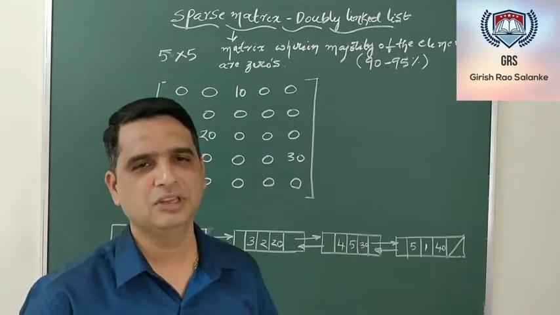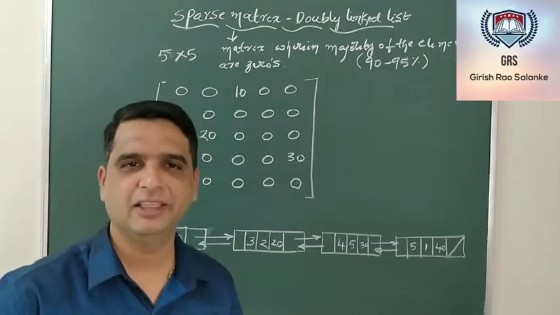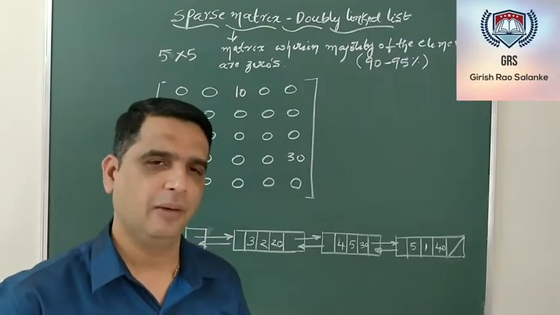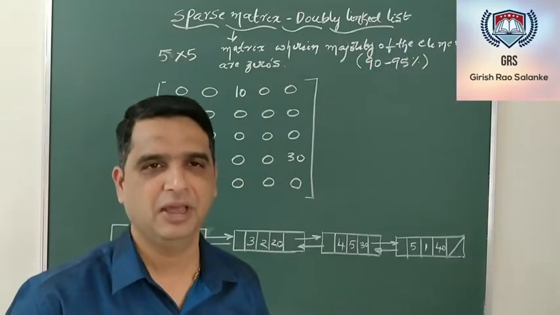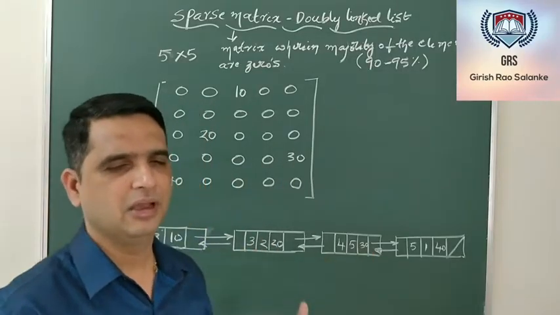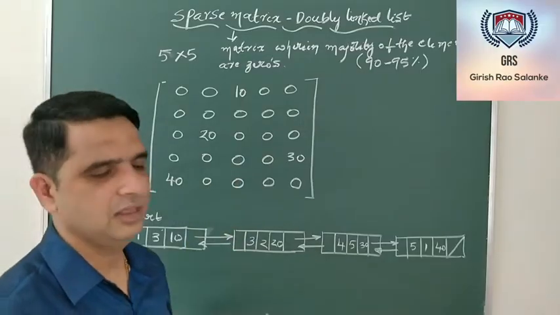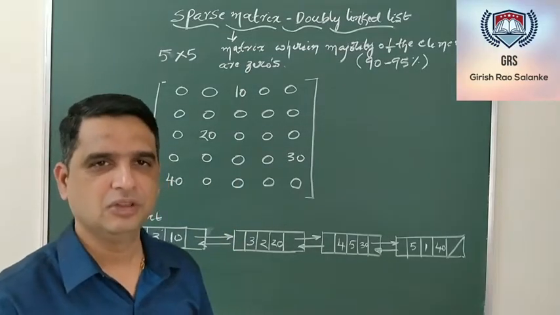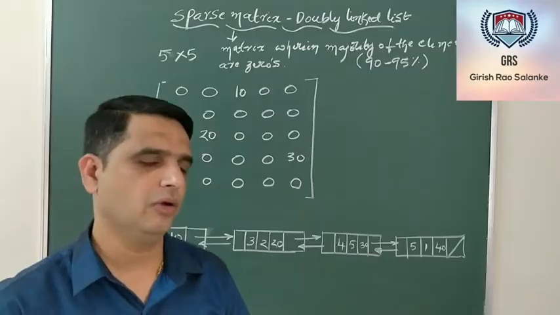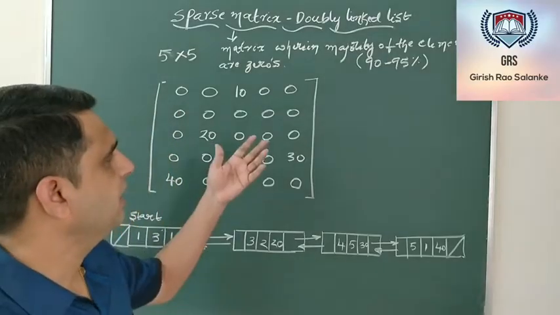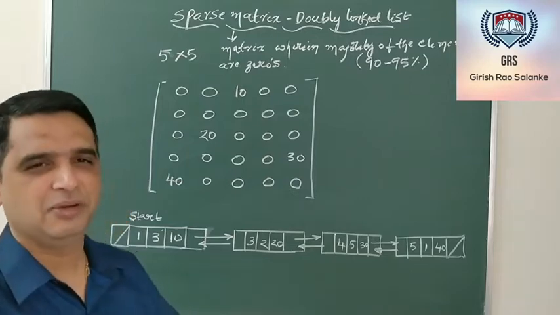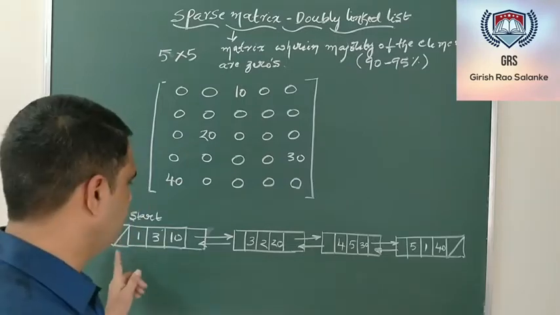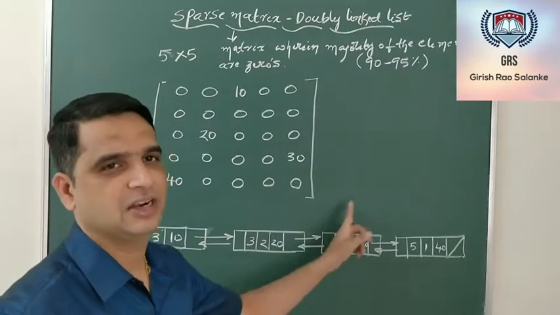So a better approach is to use a linked list. It might either be a single linked list or a double linked list. Now, as we have discussed so many applications with respect to single linked list, I am using a double linked list to represent the sparse matrix. So this is the objective. What we are doing is representing a sparse matrix with the help of a doubly linked list, and we'll do the reverse procedure also. Maybe at the end, with the help of the double linked list, I will construct the matrix.